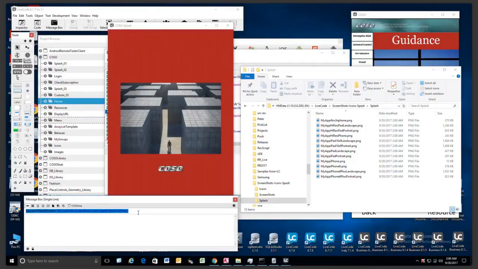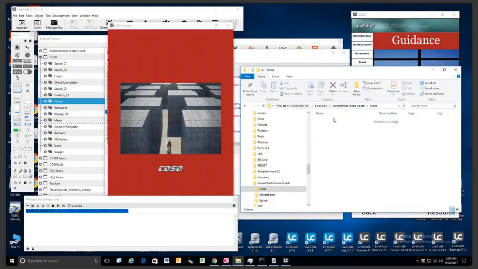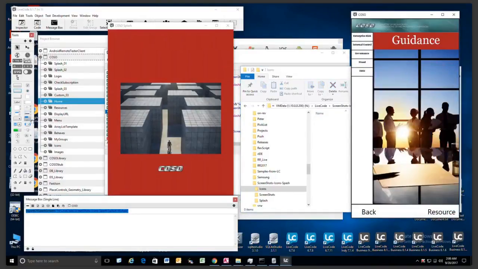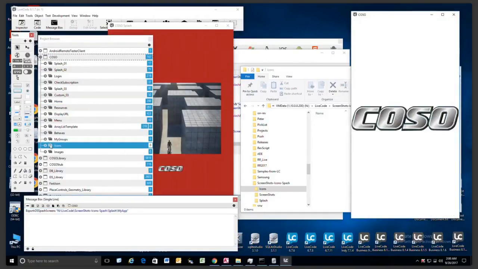Okay, now that we're done, you see dumped into this folder are all the splash screens you need in the standalone settings for your iOS app. Utility number two, the icons. What I normally do is in my stacks, I make one card to have just what the icons are going to be,